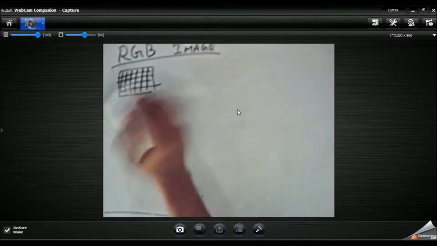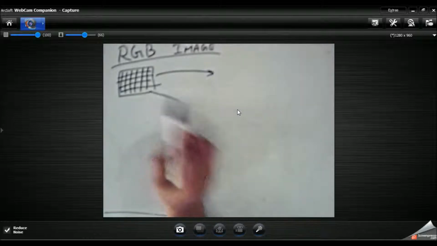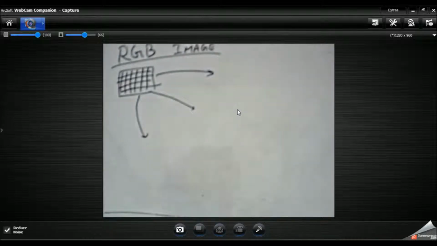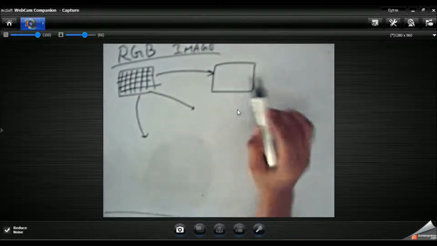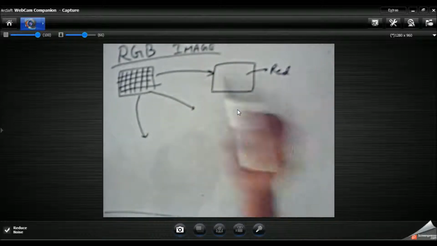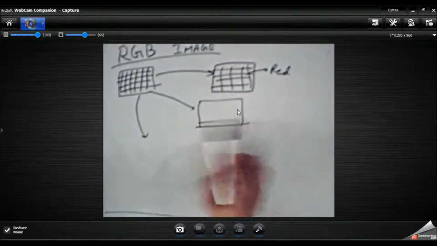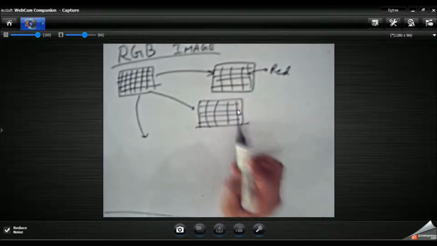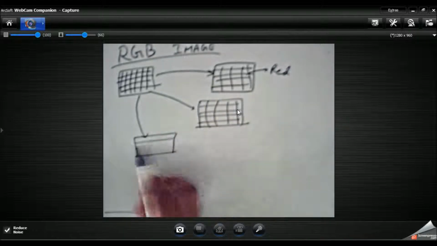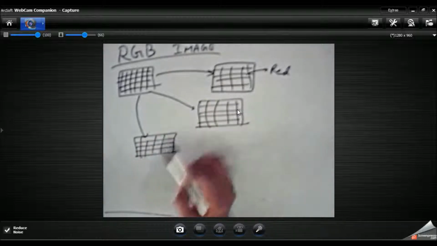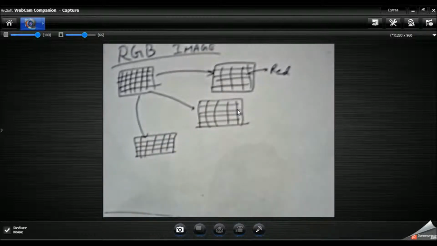So we can assume that this original RGB image is made up of three matrices. First matrix is of red color, second matrix is of green color, and third matrix is of blue color. The number of rows and columns is equal in each of these matrices.